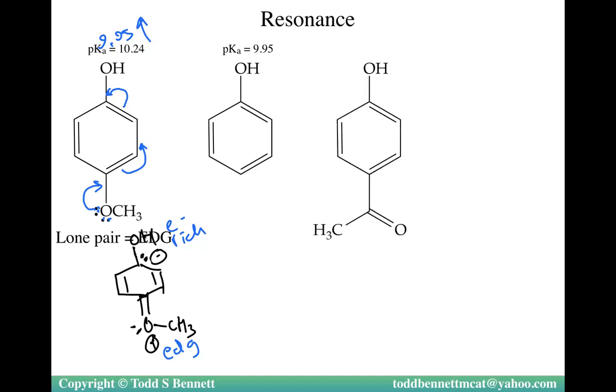Now I'm going to look at another one. This one now has a pi bond. Pi bonds are known as electron withdrawing groups. So it has a pi bond, so pi bond, electron withdrawing group. I'm going to pull electron density from there, which will pull it from there, which will steal it from here, which will ultimately steal it from the O on the phenol, leaving me with